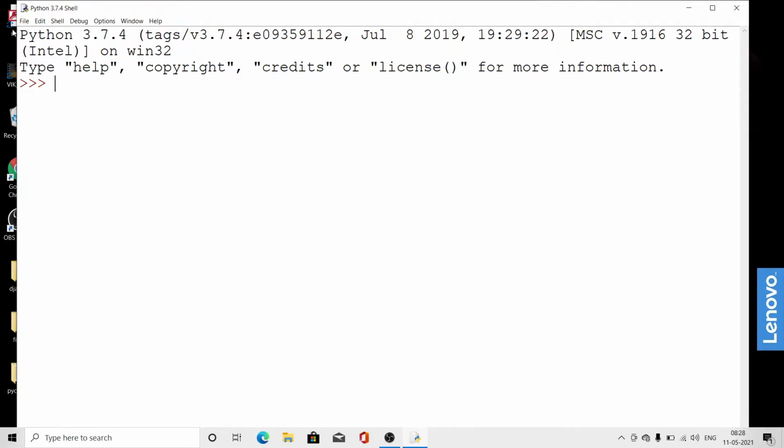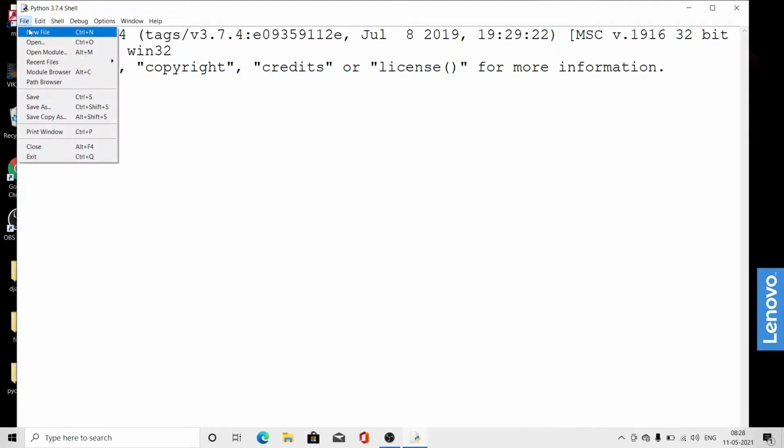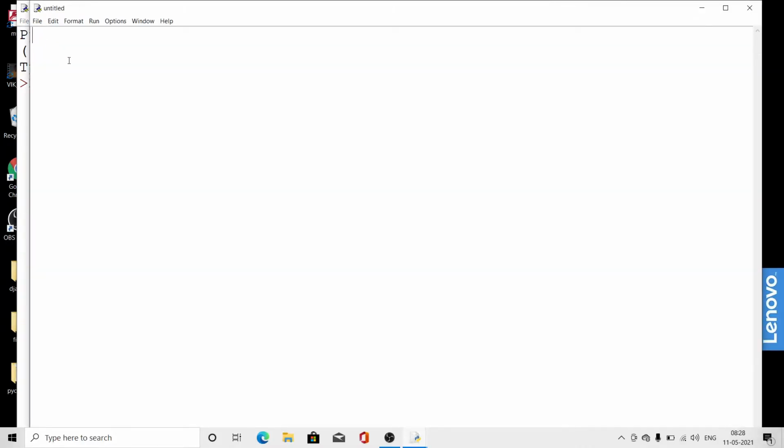This is our IDLE and the topic is how to use default parameter in functions.